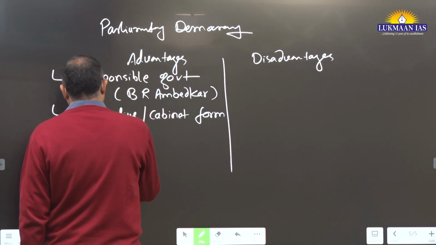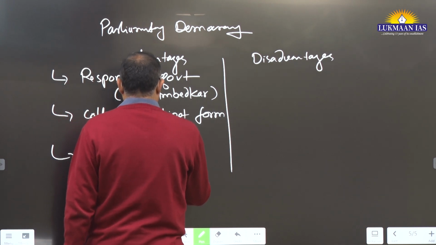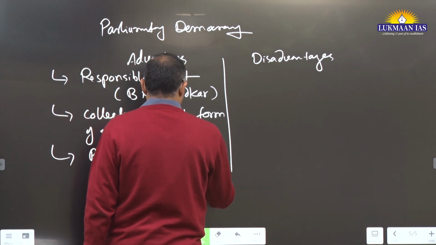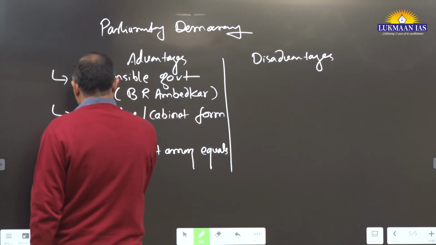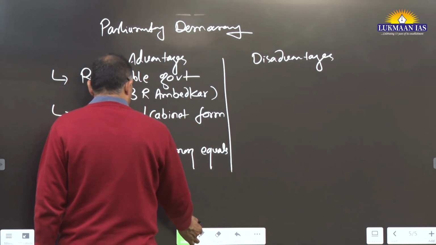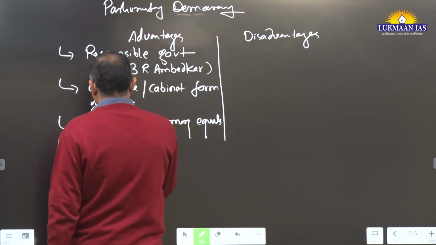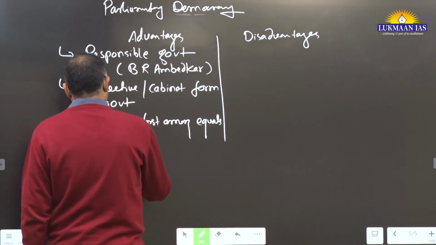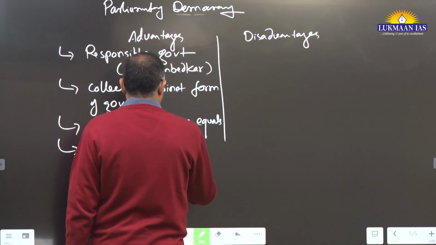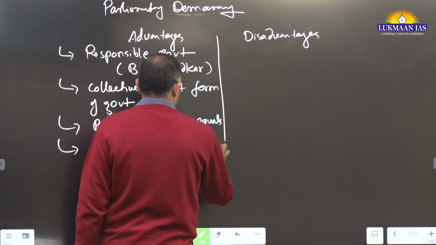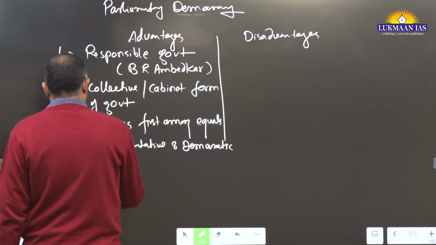Then the PM is first among equals. Then it is more democratic, more representative and democratic, then suitable to